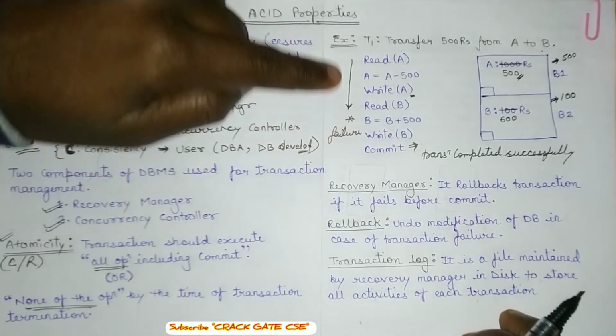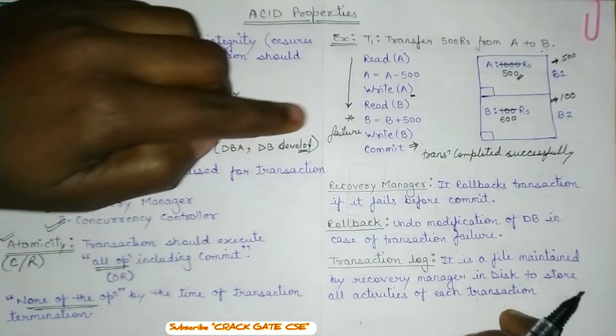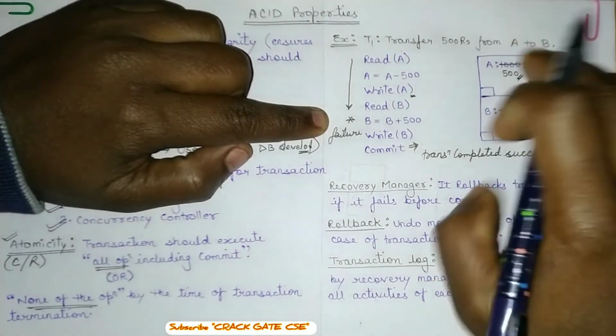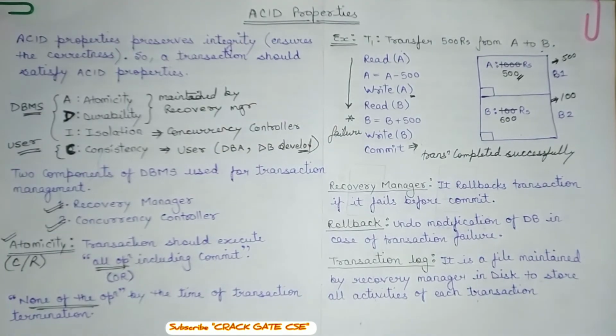Either all the operations including commit have to be executed or none of the operations. Let's say if there is any failure, then what will happen is this 500 rupees will go back into the same account. The same thing happens when we are withdrawing any amount from the ATM. Let's say that you requested to withdraw 500 rupees and that has been deducted from your account, but you haven't received any cash. Then after 24 hours or 48 hours, the deducted balance gets credited into your account. So this is what atomicity is, right?